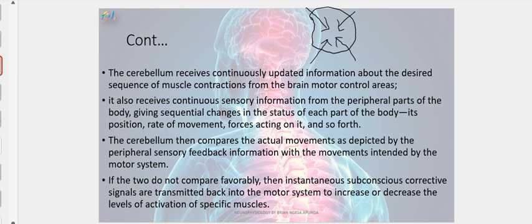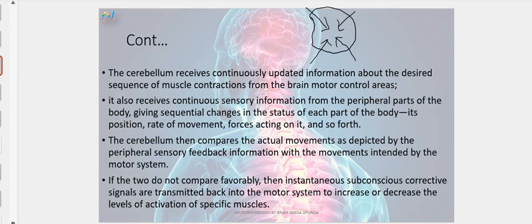so that the approval, that means that the cerebellum is actually comparing this information, so that at the end of the day it is able to release a well integrated information. So